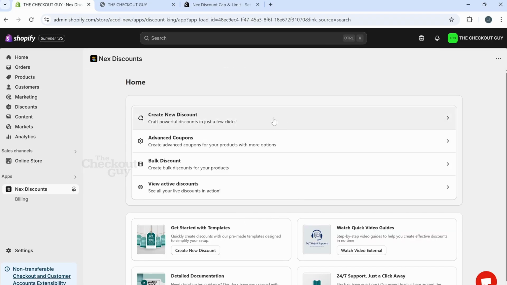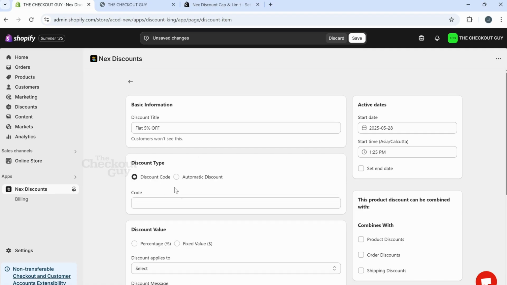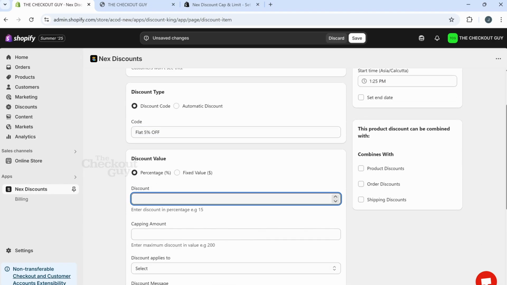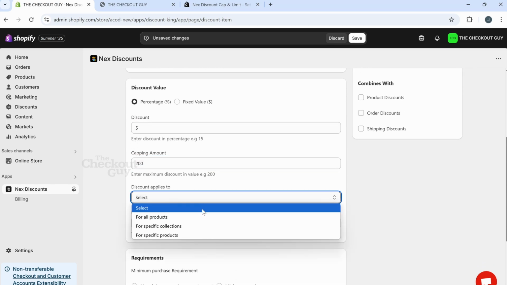Then click on Create New Discount. Then enter the discount title as flat 5% off. Then copy that same title and click on discount code and enter the discount code same as the discount title. Then click on percentage and enter the discount in percentage and enter the capping amount as 200 and select discount